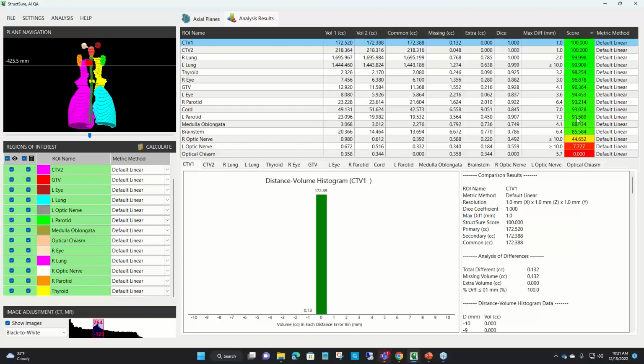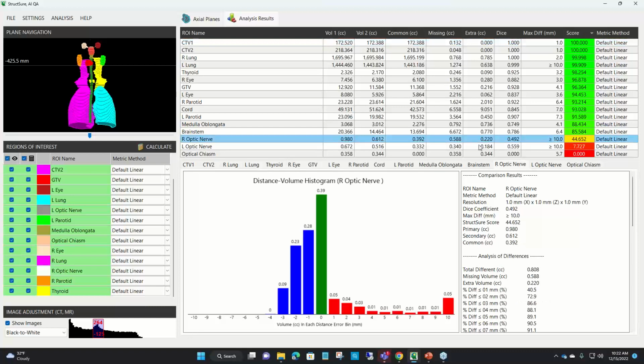But then as we move down here, let's go down to this optic nerve. Oh, look at this. We do have quite a bit of extra, right? And our scoring was pretty lousy. Let's take a look at our histogram.